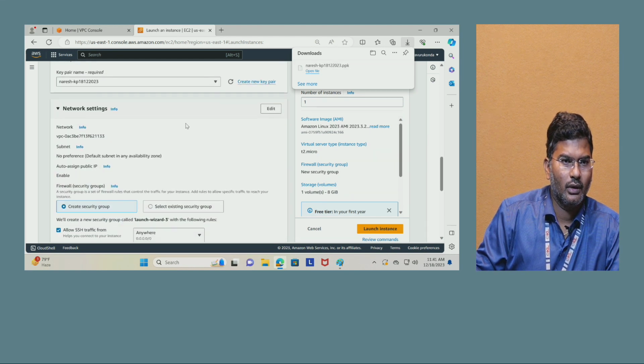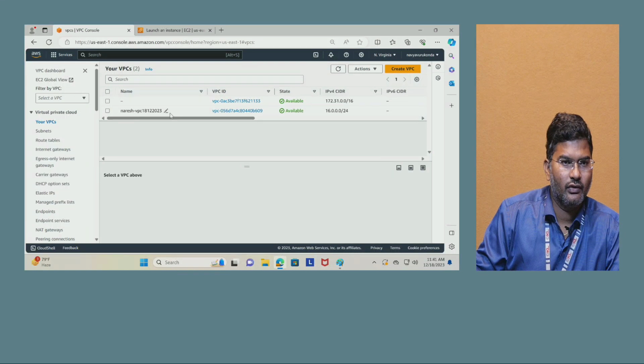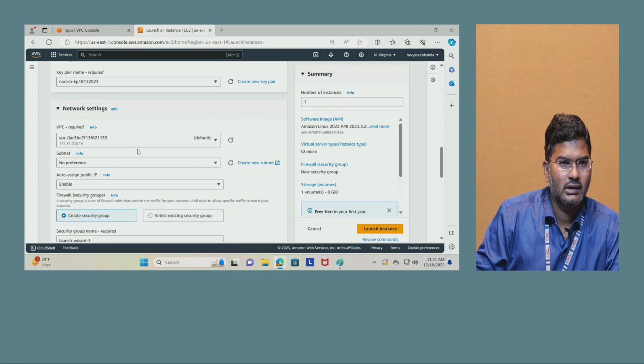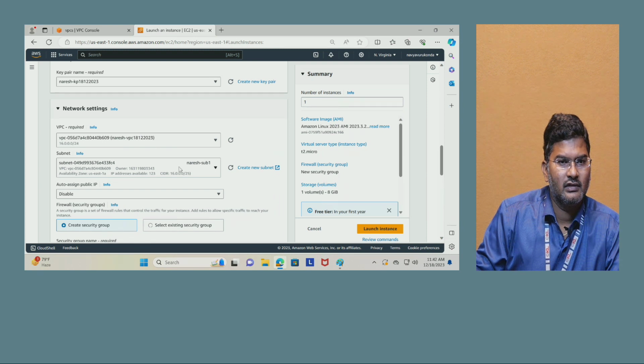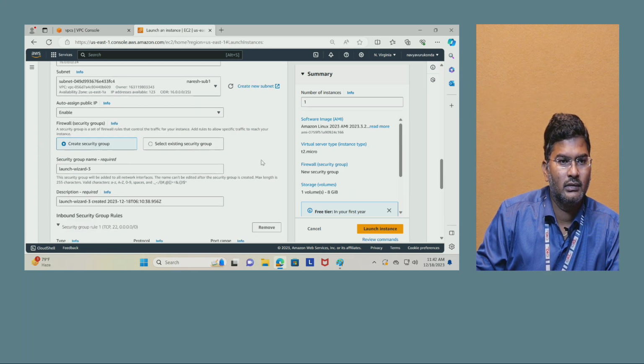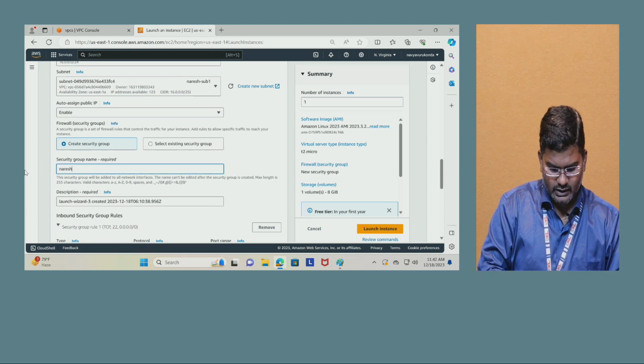Then you have to go to the network settings, because earlier we created a VPC for this, right. So what is the VPC? Naresh VPC, right. So this VPC you are supposed to select. Click on edit, change from default to Naresh VPC, subnets, select subnet 1, auto assign public IP should be selected as enable, create a new security group, let me type Naresh security group